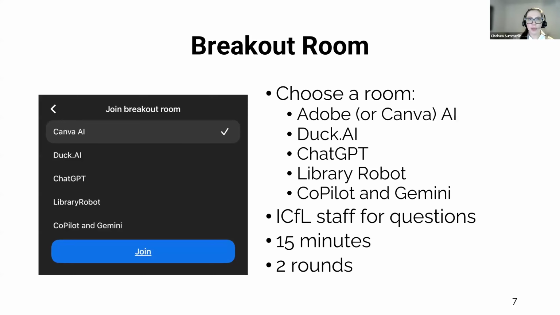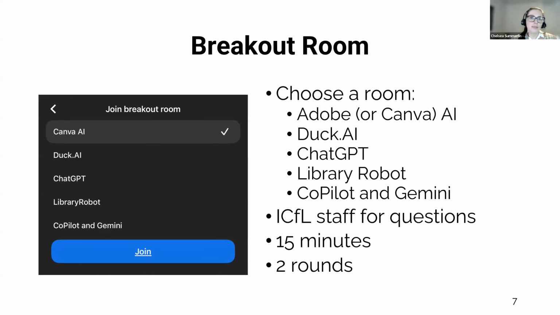Okay, so with that little bit of a demo here, what we're going to do next is dive into those breakout rooms. So you'll be able to choose a room. It will pop up with the options available, and you can hit join and then join again. So the goal here is to practice using one of the tools we discussed. Come up with a task that you would like to do in your everyday work. Could be something you put in the chat earlier, or if you're like me and you like to test the limits of things, you can try and quote unquote break the system and get it to do some very silly